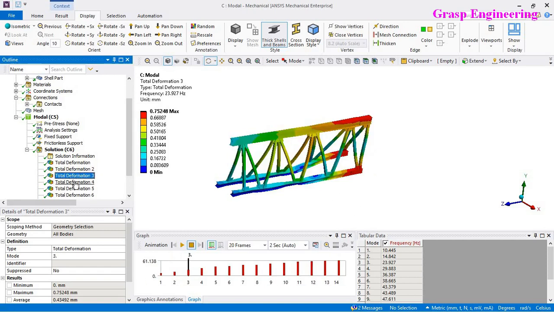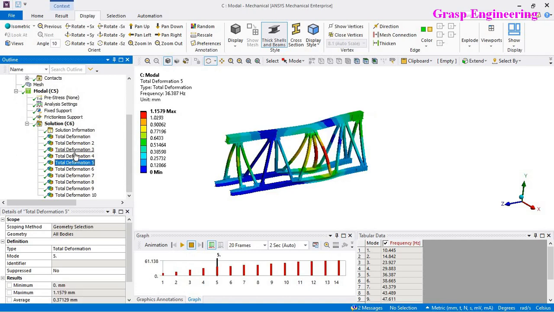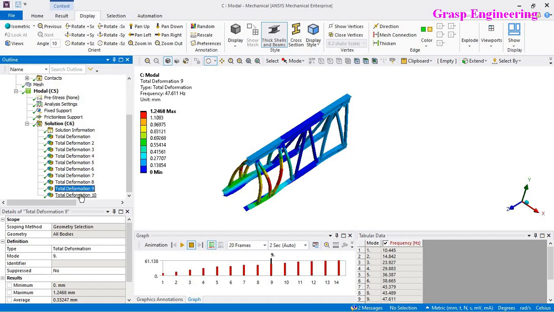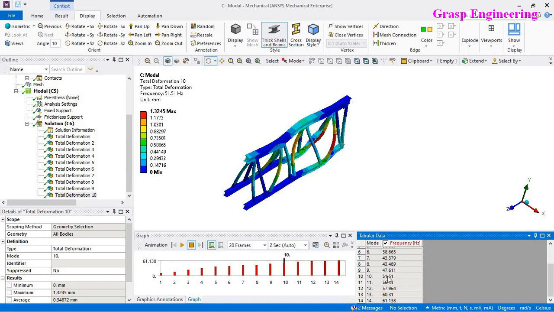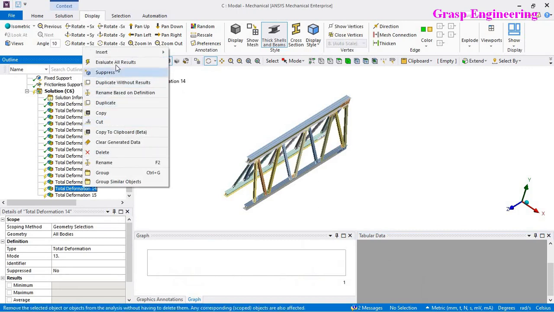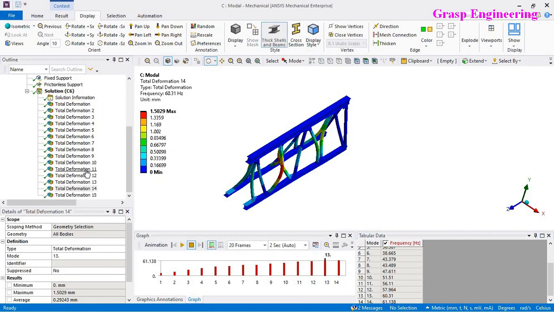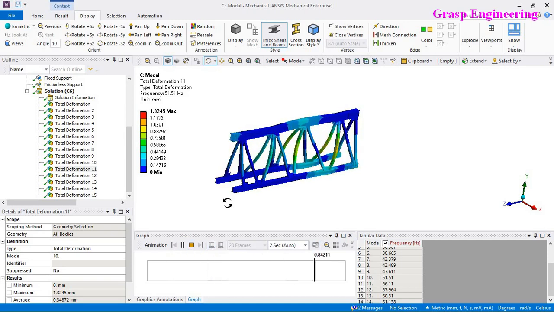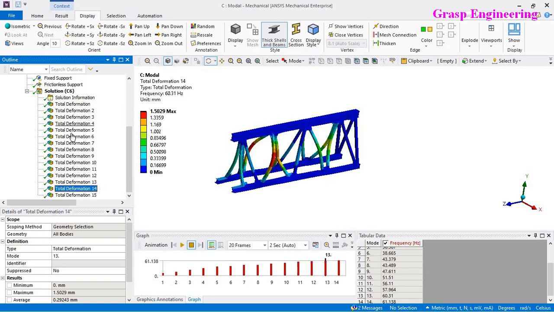Now let's check a few more modes. Further, we'll extract, right click, create mode shape, evaluate all results. Now you can see that in mode 11 you will also find vibrations inside the stiffeners. If you animate that, you will come to know. So these are nothing but the primary behavior, or you can say the primary analysis, of your vibration simulation.